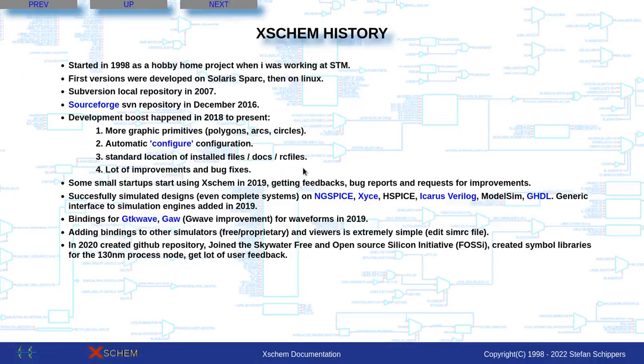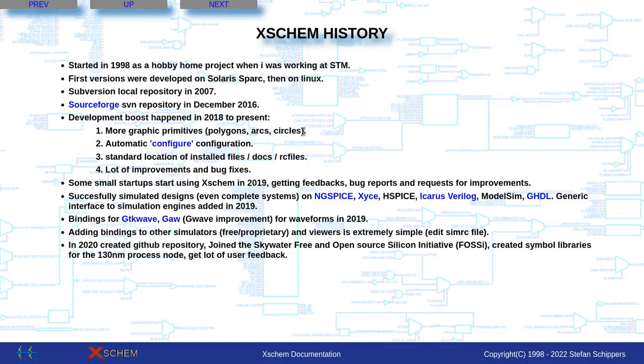Next, the history. Xschem is an old school project. It started in 1998 as a hobby when I was working at STM, and it was first developed on Solaris, Sun, and then on Linux. Later I added a local Subversion repository, and then a SourceForge SVN repository in 2016. Development has improved a lot in 2019 to present, adding more